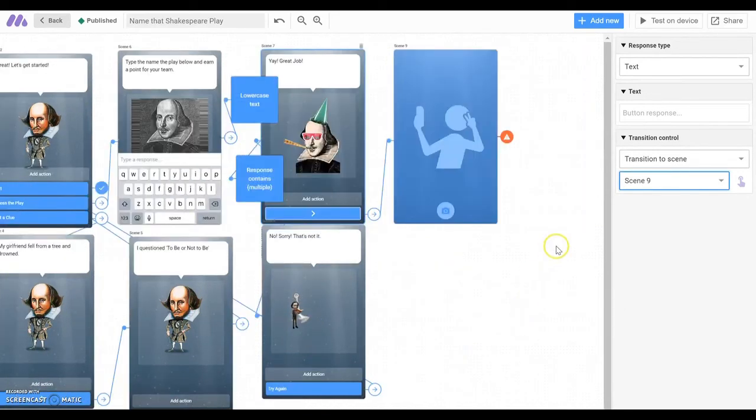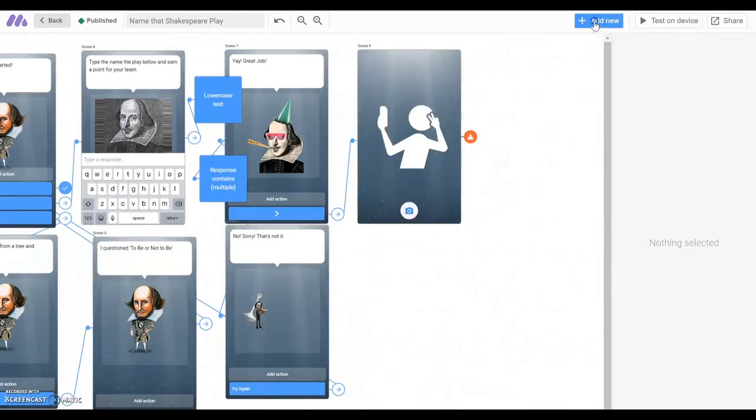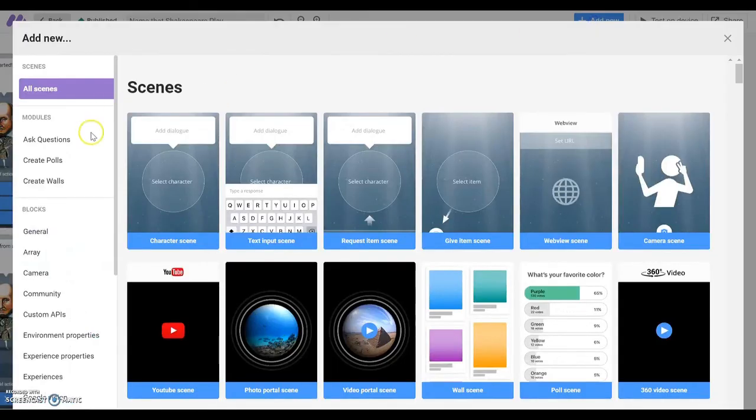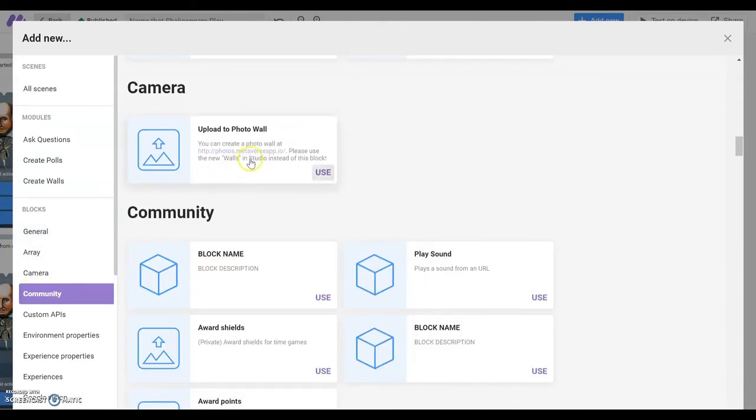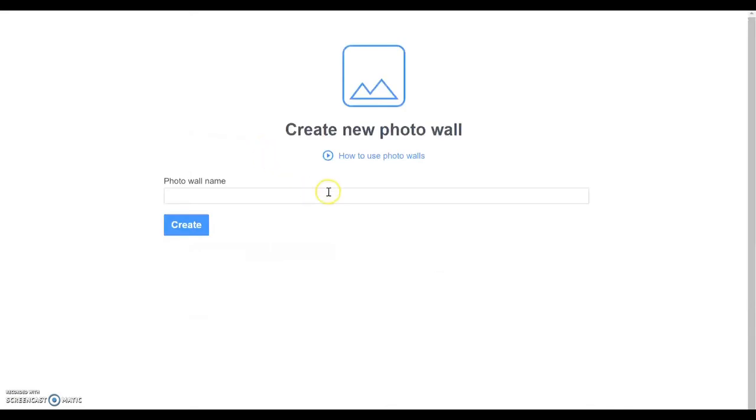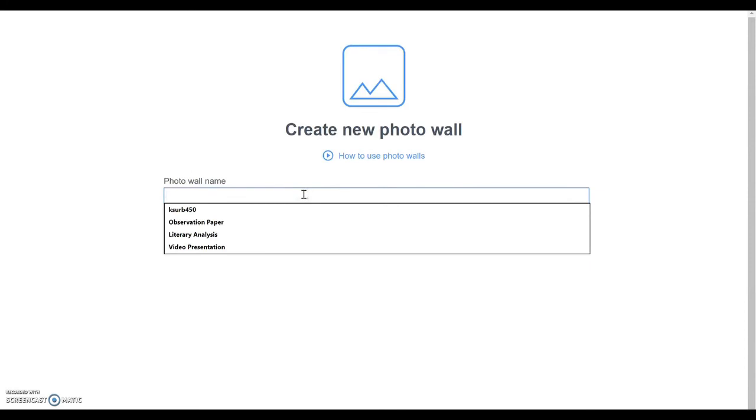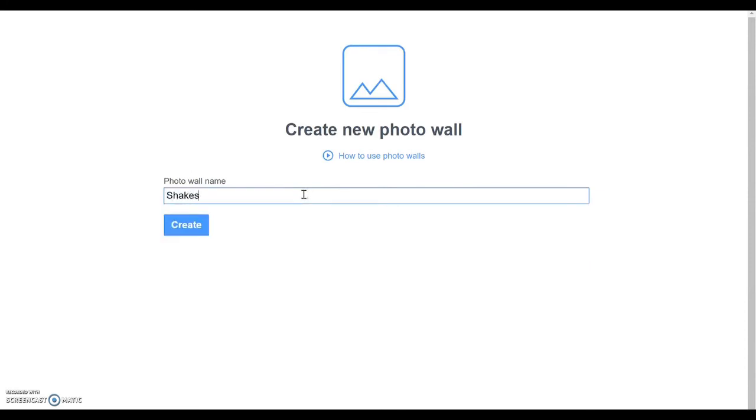And now the next step is to create my photo wall. So I will click Add New, and then I will go over here to Camera, and I'm going to Upload to Photo Wall. And this is where it's going to ask me to create a photo wall. So I will just call this Shakespeare Winners.